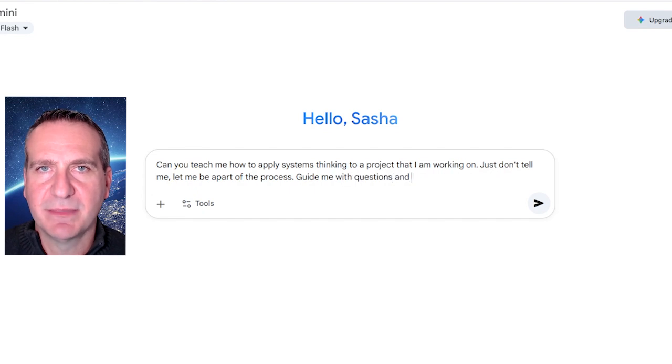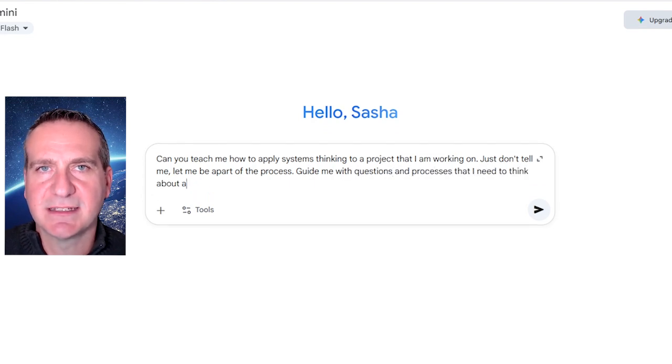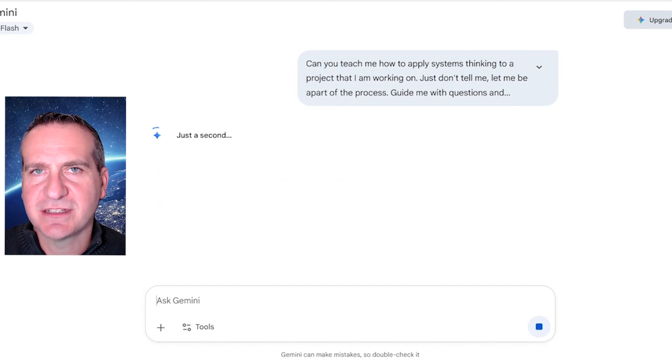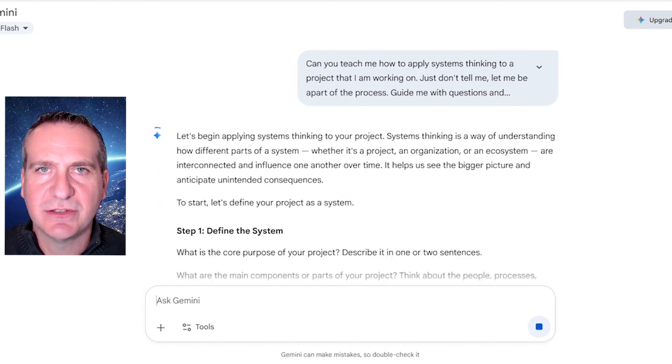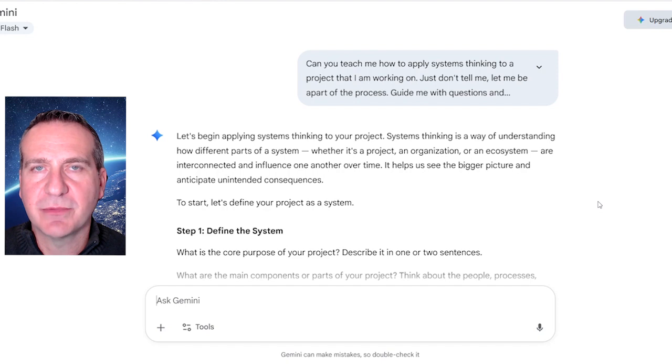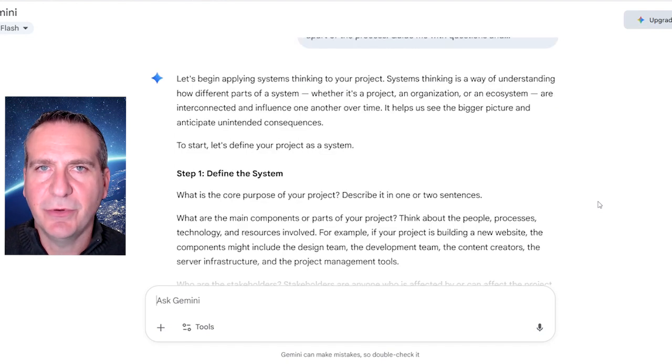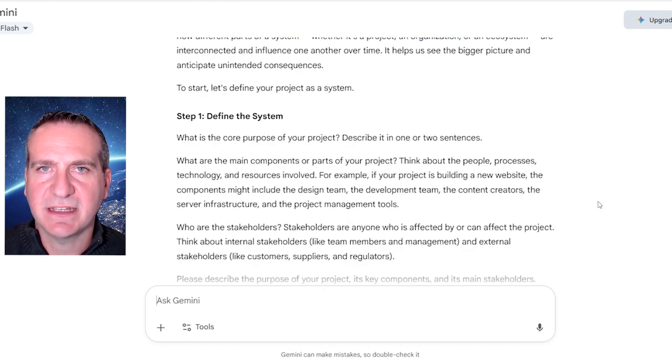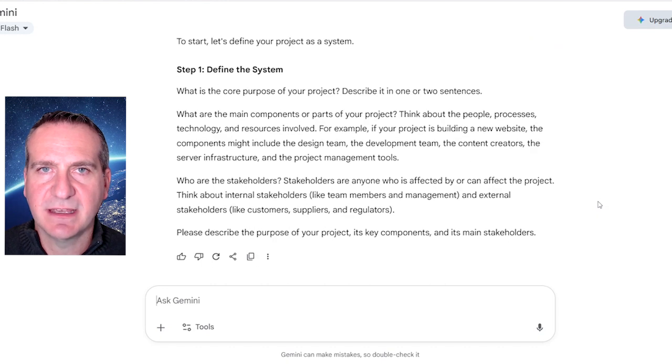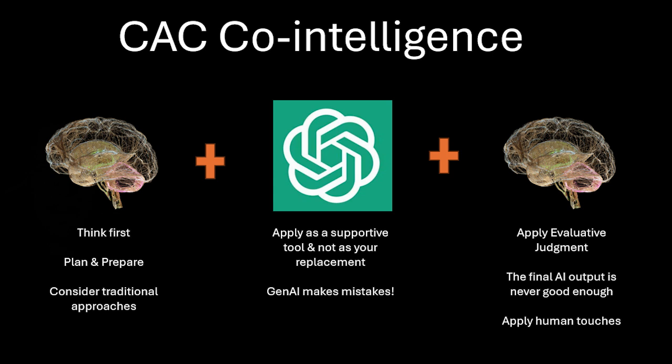I'm currently writing up a sample prompt in regards to this. The output shows how the AI can be used to guide you through the learning process. It's very important that the first stage of systems thinking is done by you as a human. Whenever we engage with AI, we need to apply the CAC co-intelligence method. And the first stage is always working on the project using our own human brains